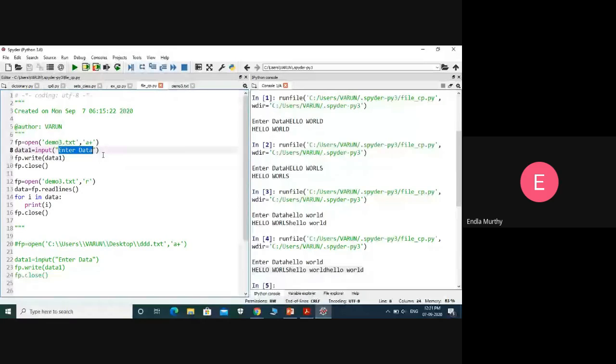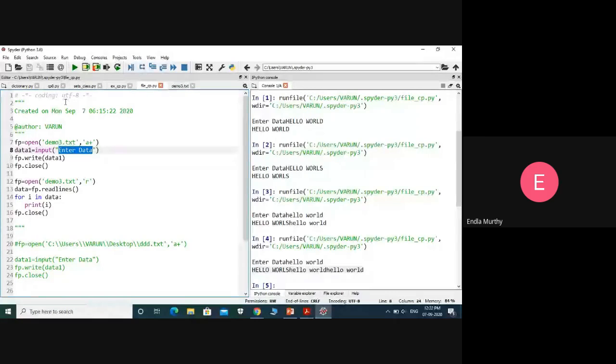Now if you observe, I'm using the file name directly, demo3.txt. Why? Because the files that we have up to now, we are storing in my IDE location only.